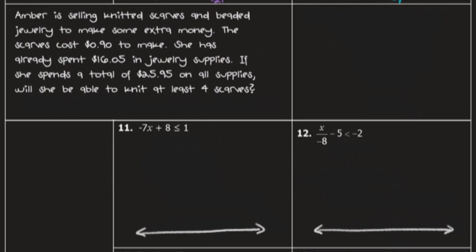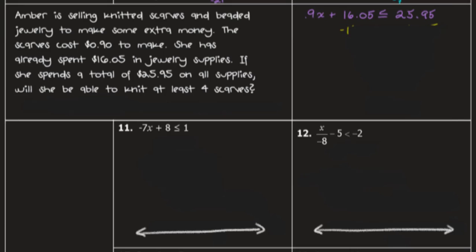Amber is selling knitted scarves and beaded jewelry to make some extra money. The scarves cost 90 cents to make. She has already spent $16.05 in jewelry supplies. If she spends a total of $25.95 on all supplies, will she be able to knit at least 4 scarves? So she will be spending 0.9 for each scarf plus the $16.05 she's already spent on jewelry. That must be less than or equal to the amount she has to spend,